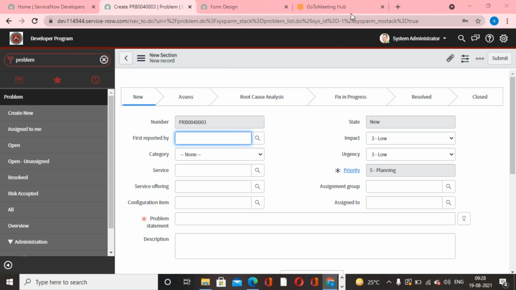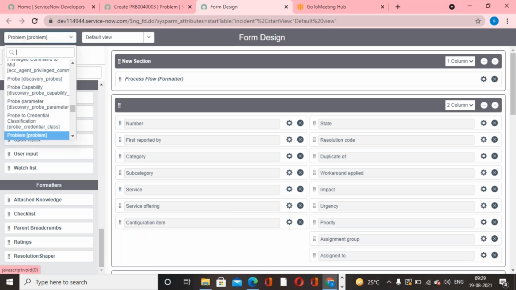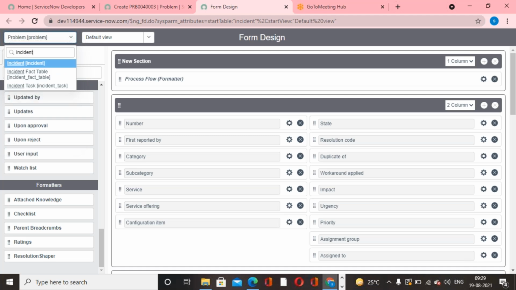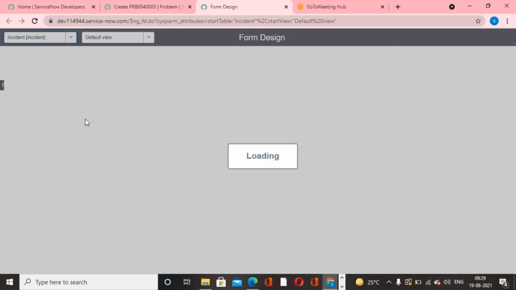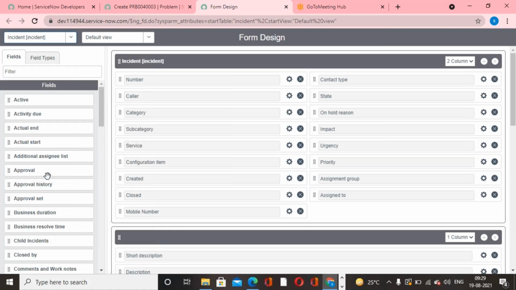Okay, so now my question is, how can you add the process flow formatter to the incident table? You tell me, guys, how to do it. Give me the navigation, how we can do it. Go to form design and then switch to the incident table. Then, tell me, guys,